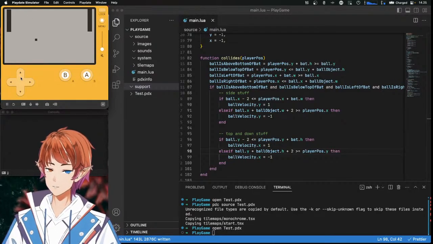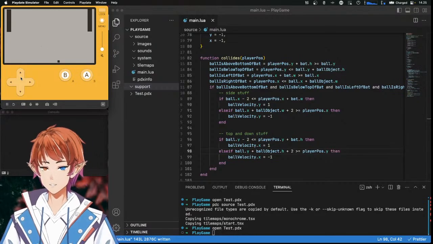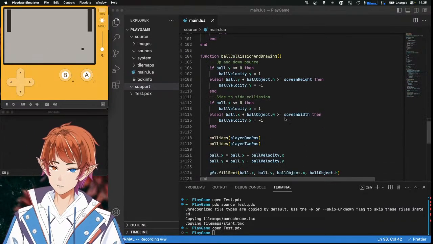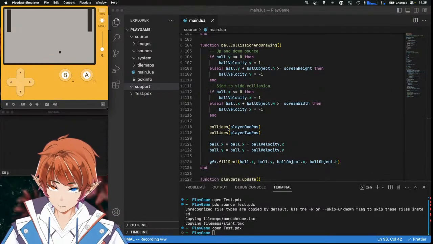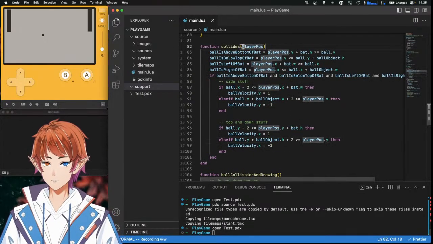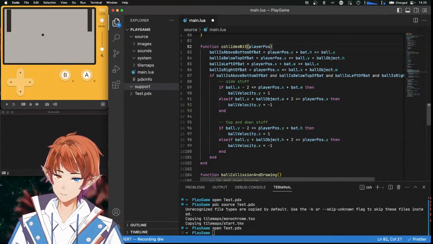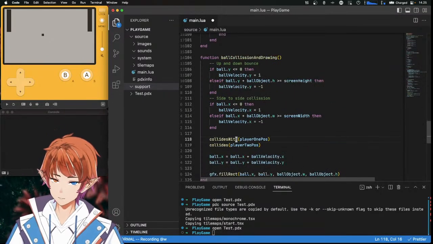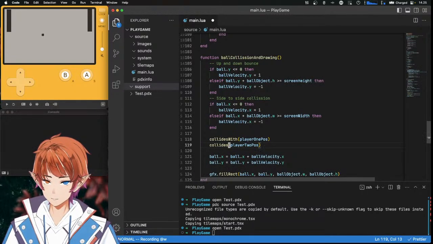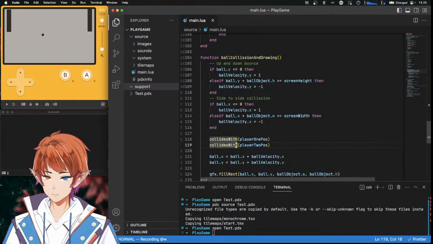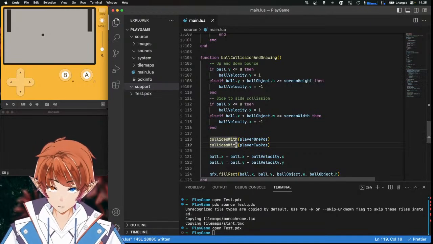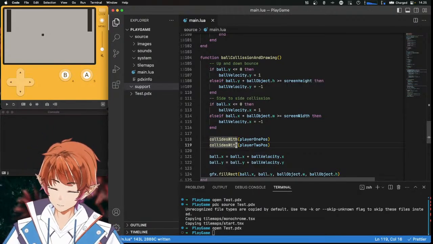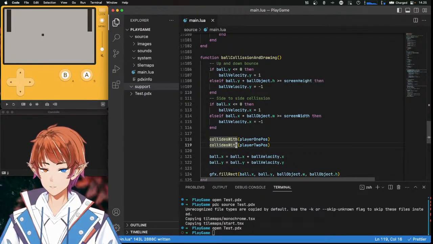That collision looked right. Ah, man. Anyways. I'm gonna call this collides with. Okay. And then here,